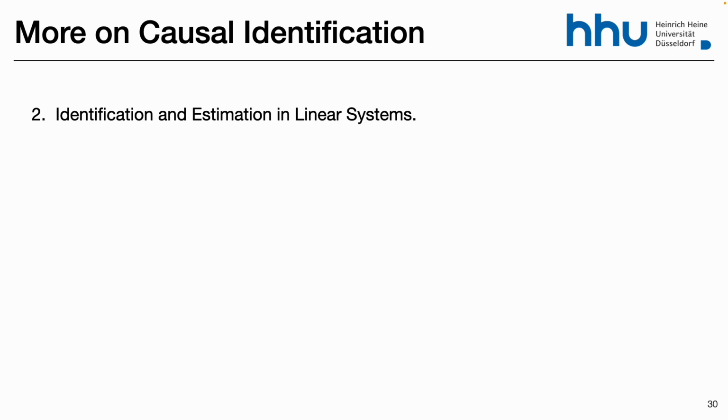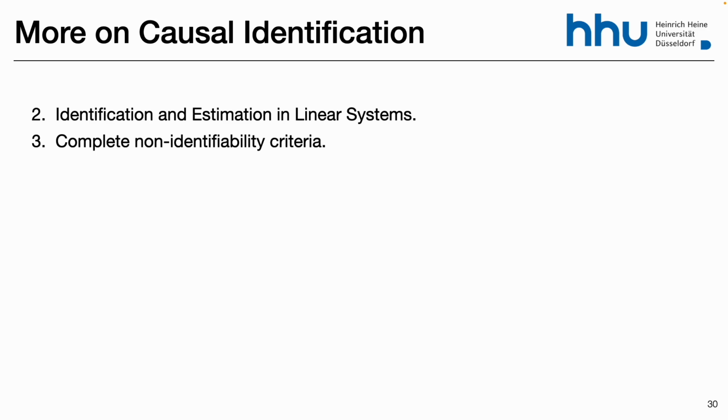So things are really interesting in linear systems. If you are willing to assume linearity, most of the estimation procedures reduce to just doing regression. And every counterfactual quantity is identifiable as long as the interventional quantity is identifiable. So in many cases, we could just assume linearity and then you get identifiability.